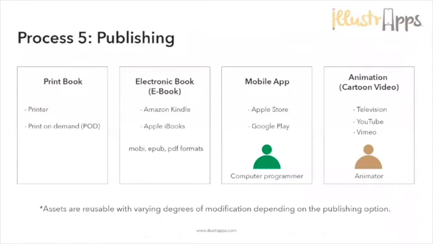But another option that you have for your print book is called print on demand, POD. Print on demand is such that you don't have to print out or stock anything. Some of the books that you see on Amazon are actually using that service. Amazon has a print on demand service where you upload your manuscript, which is everything that the illustrator has done, the drawings, the text and everything. You upload everything online. It's free. And when a customer makes a purchase, Amazon will then send that manuscript to a printer. But here's the thing to take note of.